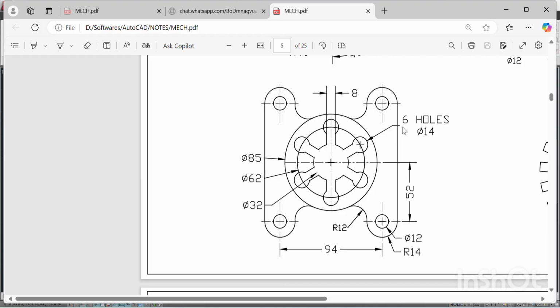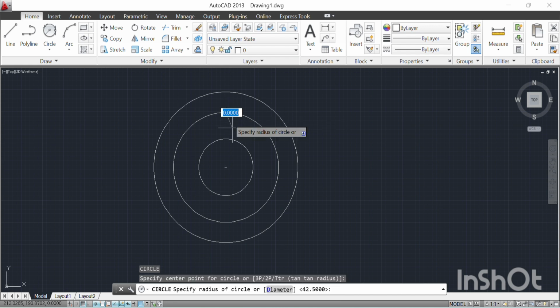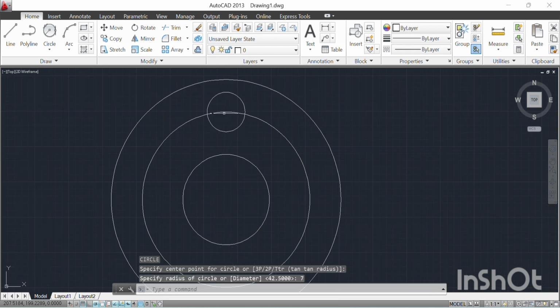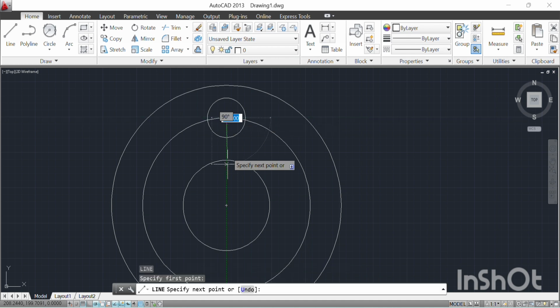The next one is these 6 holes up for dia 14, so type C enter on this circle quadrant. This is 7 mm radius, and we will draw the line from here to the center. A vertical line,